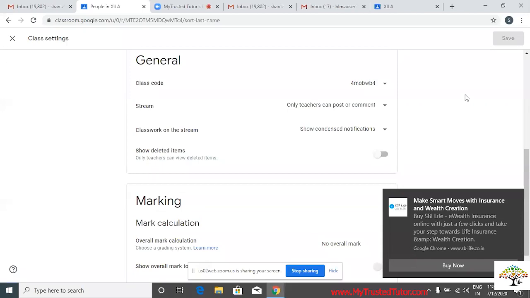Can I stop it from the screen? Of course not. The only thing is, if you do it through an email ID, in that way you can send it to only selected students. But if you are sharing through a class code, then it will be given to all. And of course, with an email ID also, a student can share that link with other students.